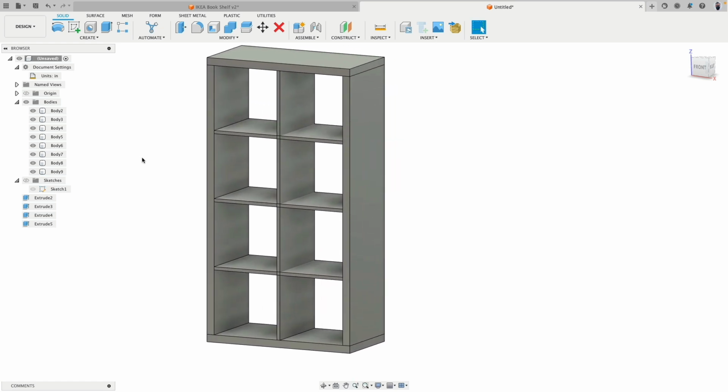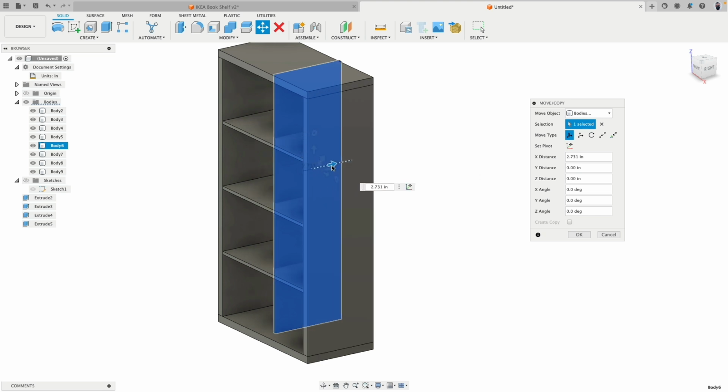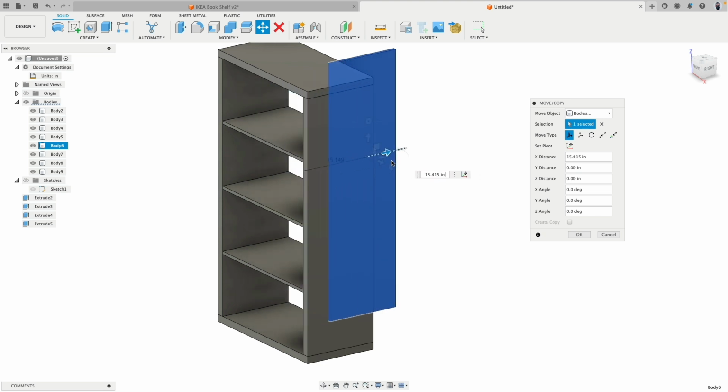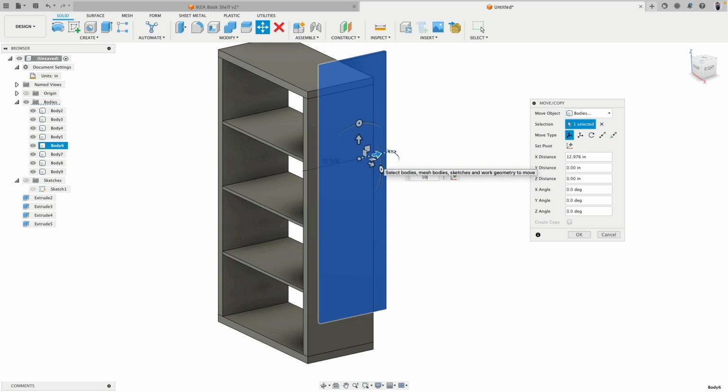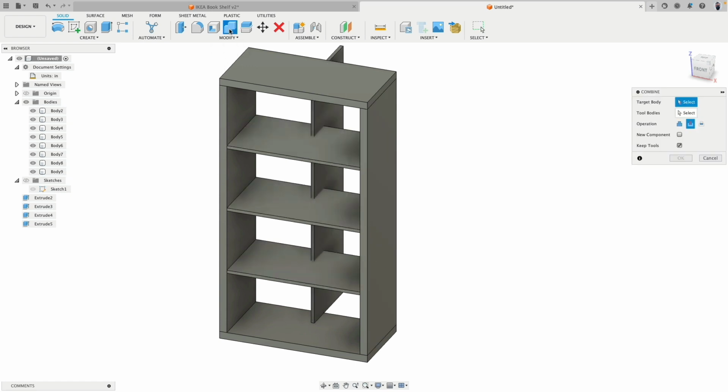Okay, so we are running into the issue that this board and these horizontal boards intersect. So the horizontal boards need more stability. So I will go to move command, body, select this one, move this back by, so when this is 15, let's say 10 inches. So it sticks in 4 inches into these boards. That's pretty good. Then I go to combine and say you minus this one